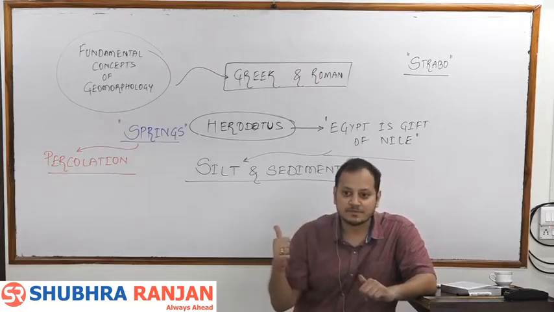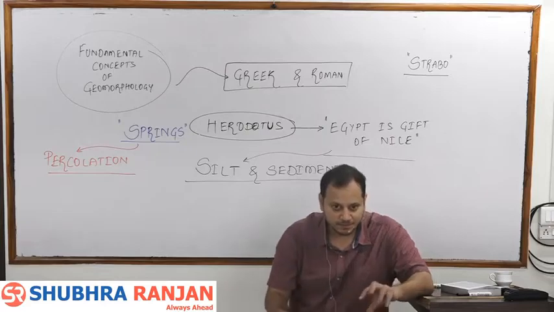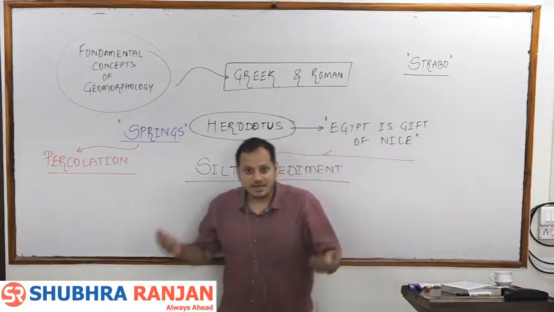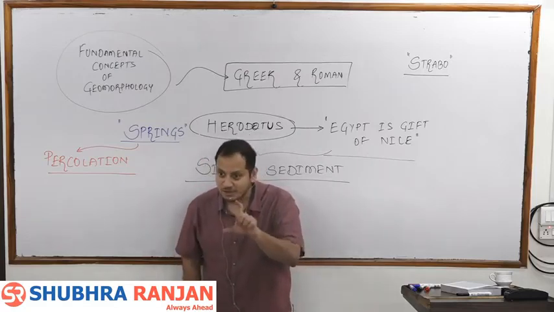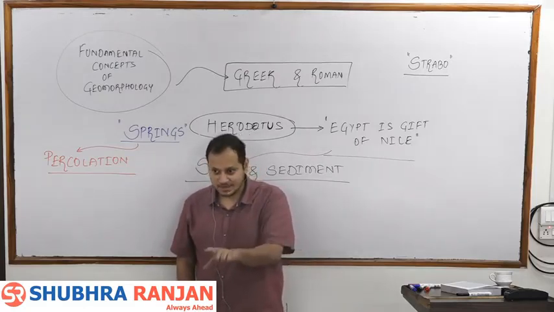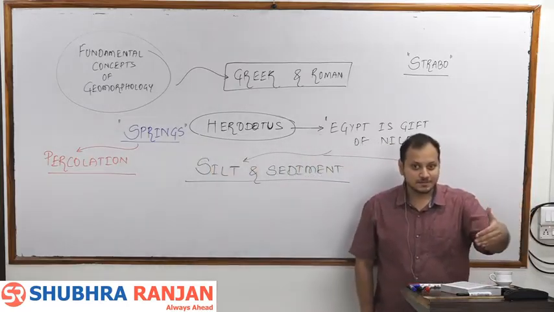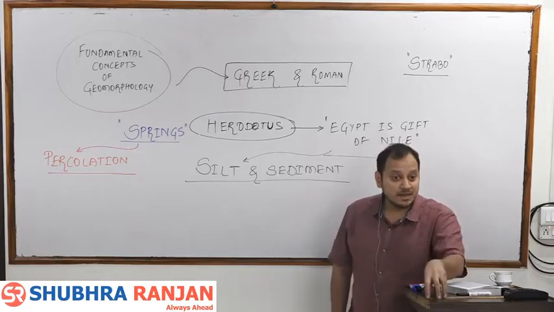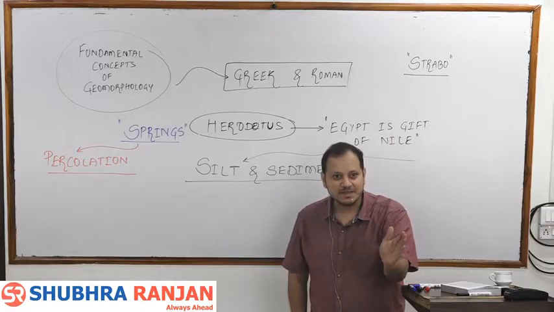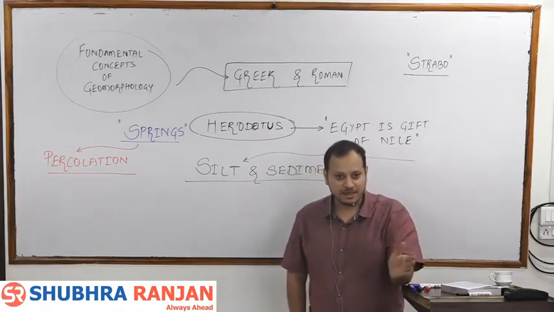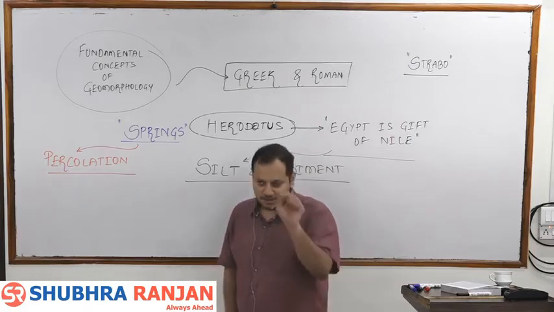Yesterday's chart, why I made that chart, endogenetic, exogenetic forces, so that you can understand today's topic. Fine. So Strabo, can I say, talked about emergence of a landform and the submergence. Did he talk about diastrophism? Yes. He talked about the endogenetic forces. So from here geography has started. But are they giving theories or only describing? They are only describing that this happened like this. Theories will come from Darwin. And the biggest theory will be then Davis. Getting it? So Strabo